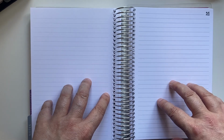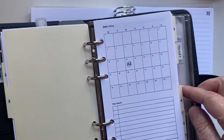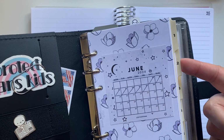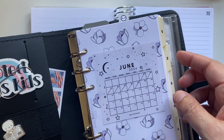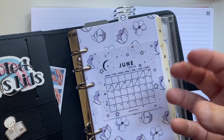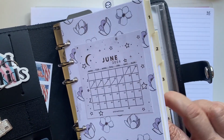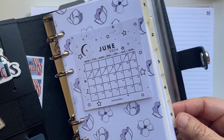because if I'm going to try and truly make this an all-in-one to potentially replace this, then I need my reference sections, because, you know, this is monthly, this is my weekly bundle. I have a video on that. If I remember, I'll link it below, where I print everything I need for the week in one bundle and put it in there. And then this is my work section, this is my reading section,